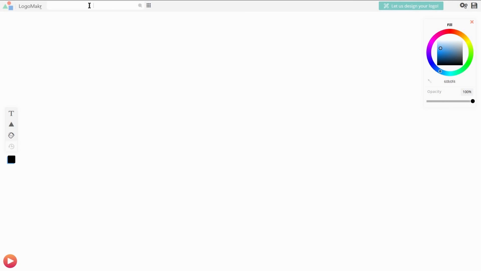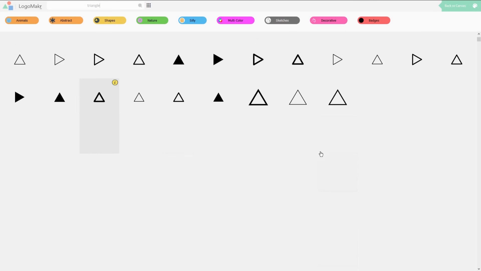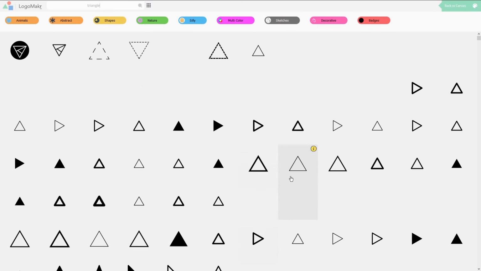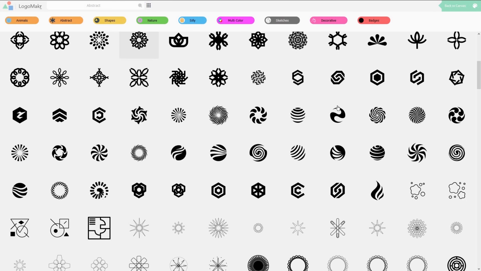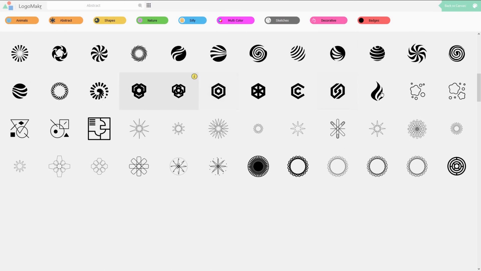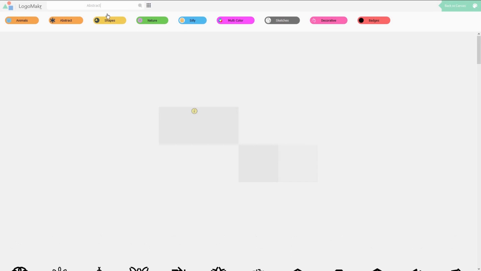If we were to type in triangle, as you can see, there are so many different designs that you can choose from here. They are pretty generic, but for someone who's starting out, it's fine. You might want something a bit more abstract. As you can see, there are some interesting designs here. Some are quite generic, but I'll let you play around with keywords to find something suitable for your business. In my case, I'm going to go with